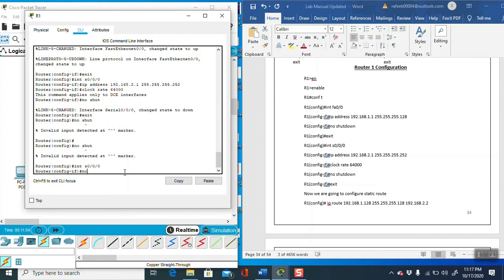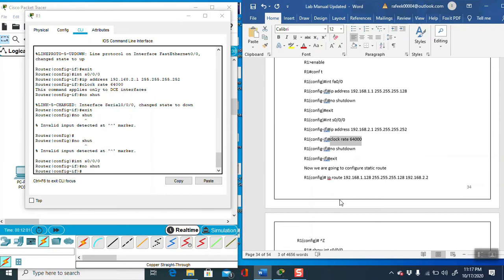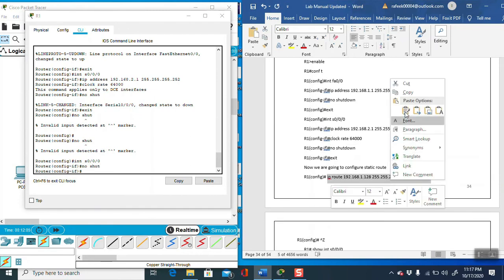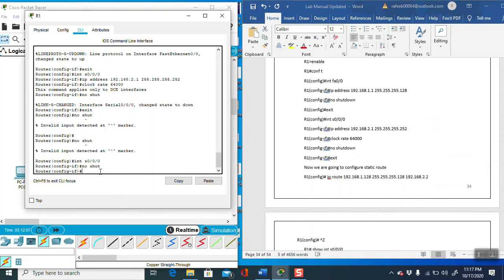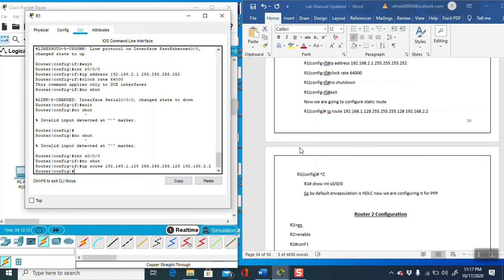Now we have given the IP. Now we have to give the IP route. Now we have finished the configuration, and now minimize this.